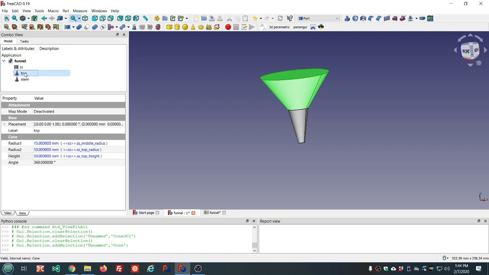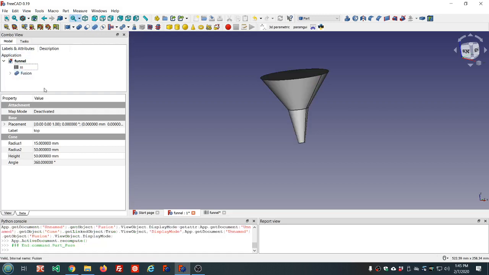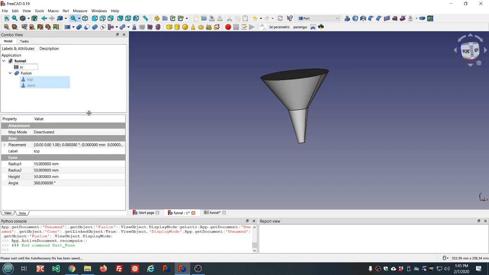We select one of the objects, hold down the control key on the keyboard. This selects both objects, and this toolbar icon here, make a union of several shapes, creates a fusion object. The fusion object, like the cut object, is a Boolean result. The reason we call these Booleans, it goes back to Boolean logic,